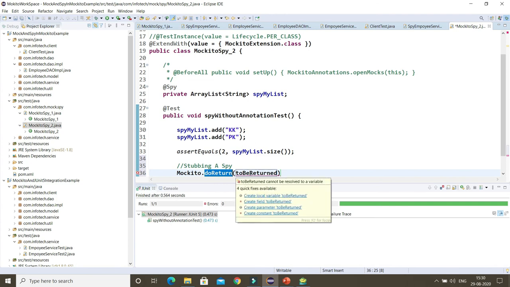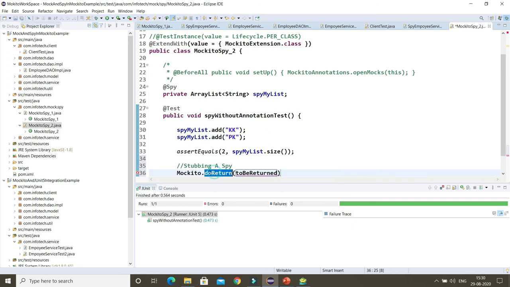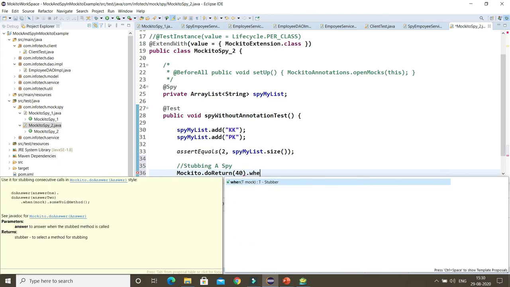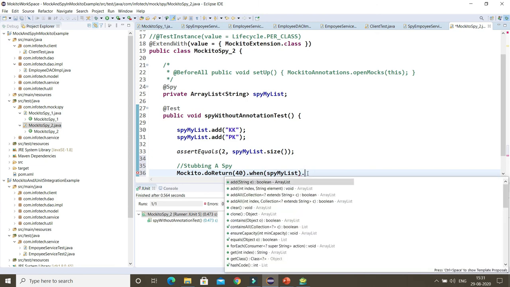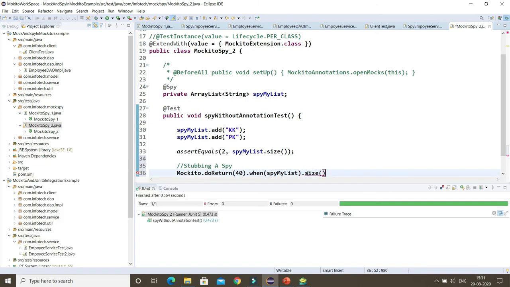So here I am going to write Mockito.do. Of course you can do the static import for this as well, and here I am telling return, let's say, 40, when, and you have to pass the spy object. This is the spy object, right? And you have to call size.